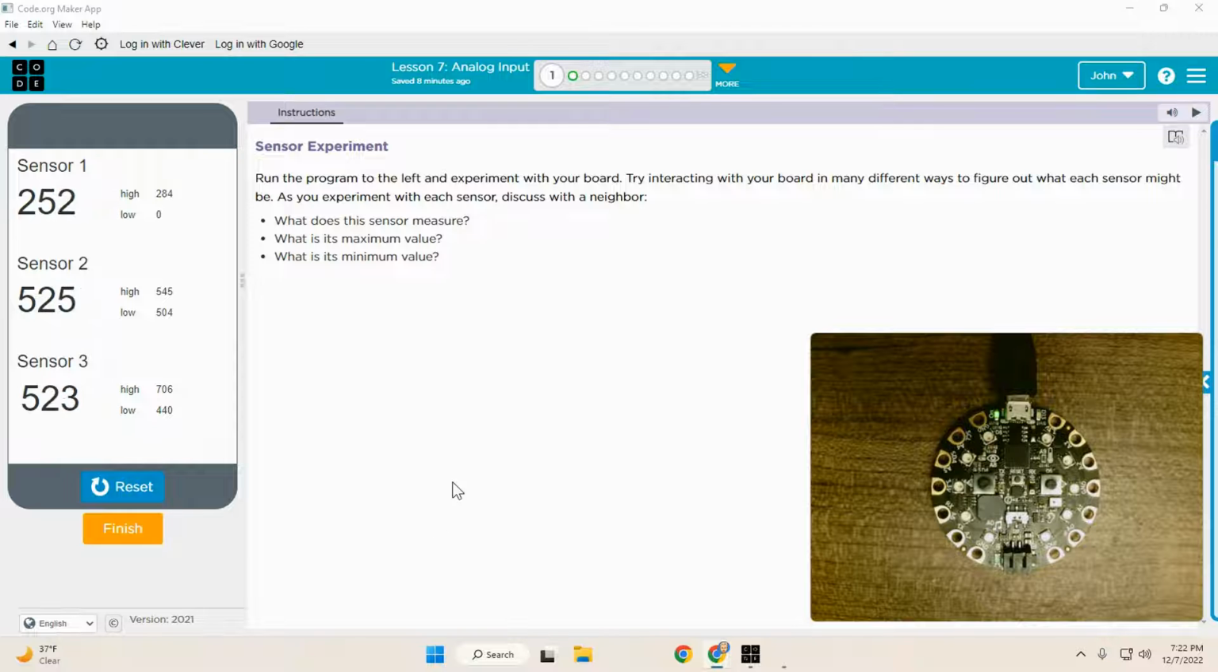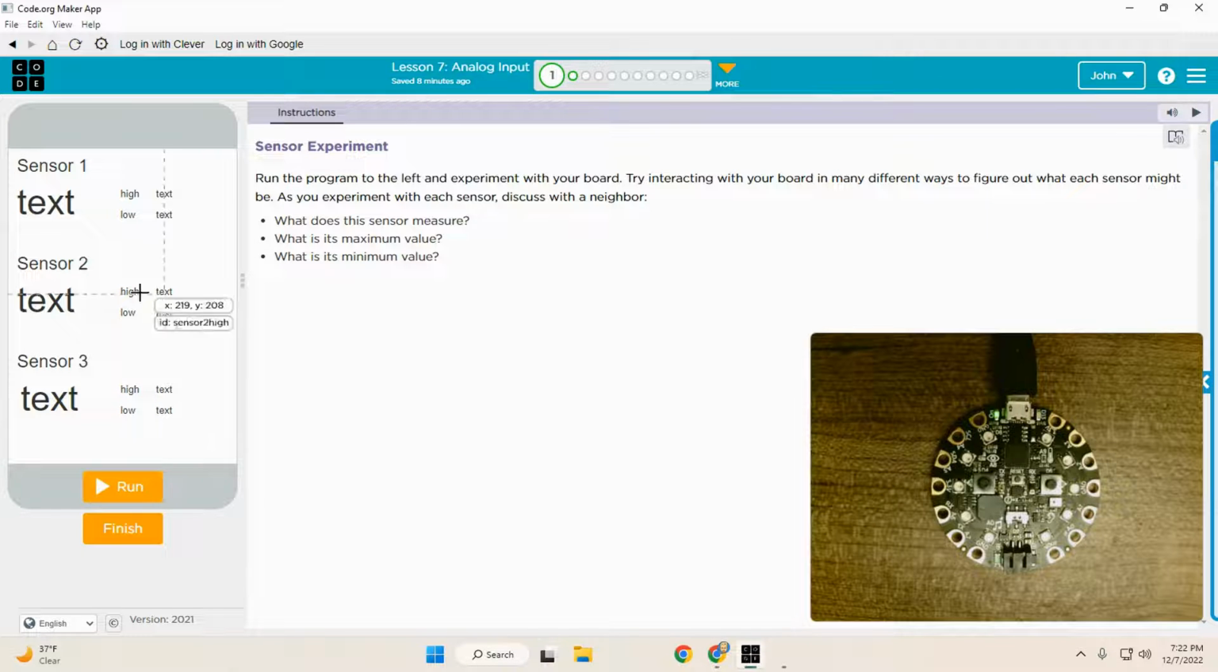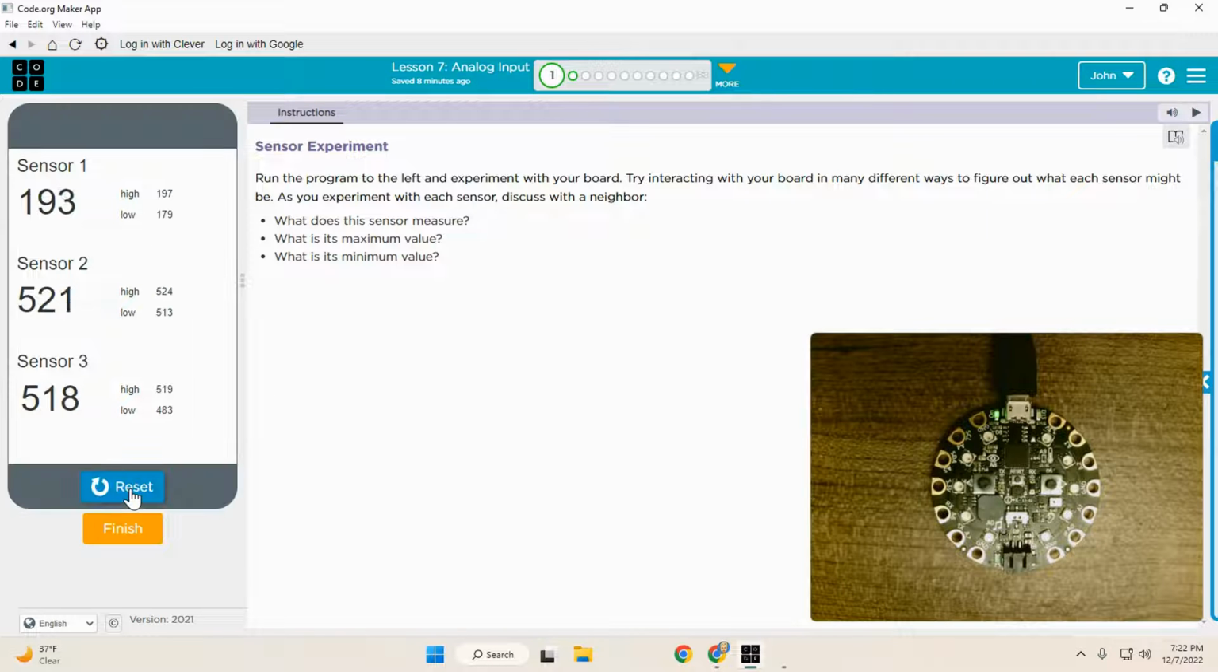Okay, we are on lesson 7, where we're going to start talking about some input and sensors. And it starts with puzzle number 1. Just want you to take a look at your text here and your Adafruit. So I'm going to go ahead and run this. And you can notice nothing's happening with my Adafruit, but I just want you to take a look at these